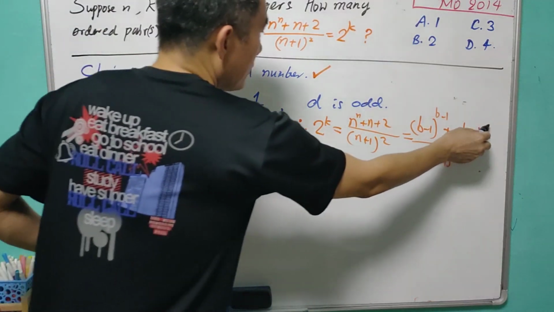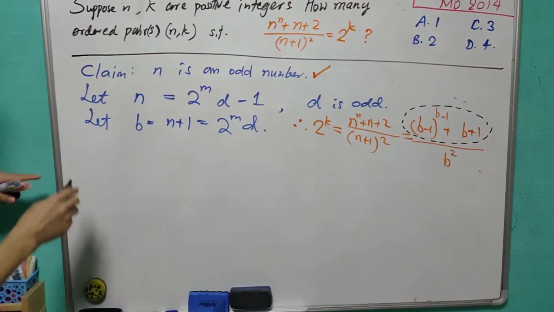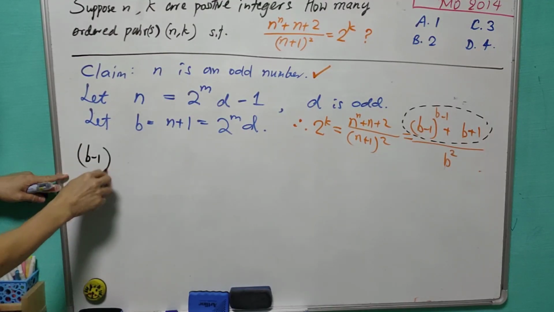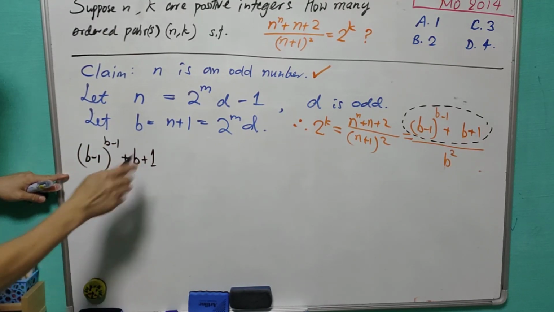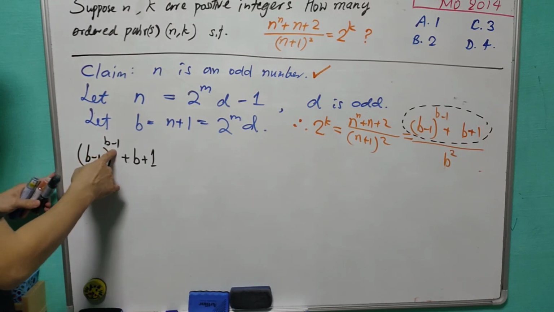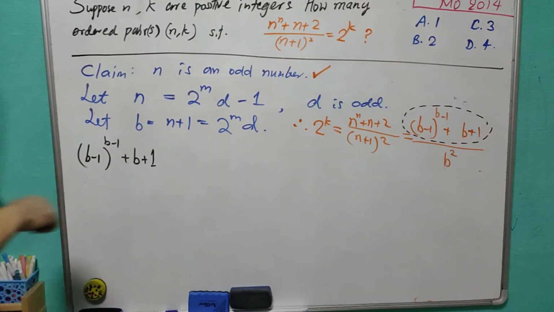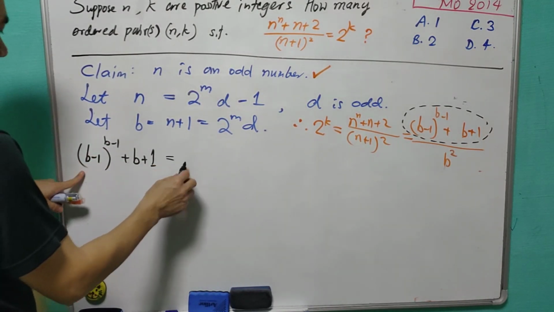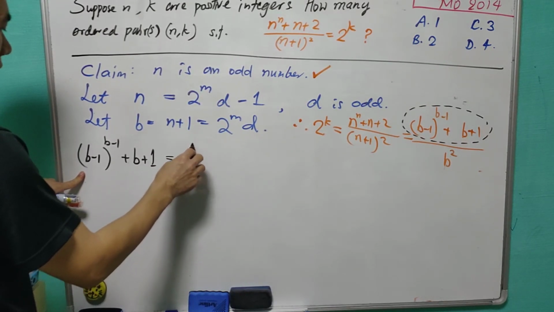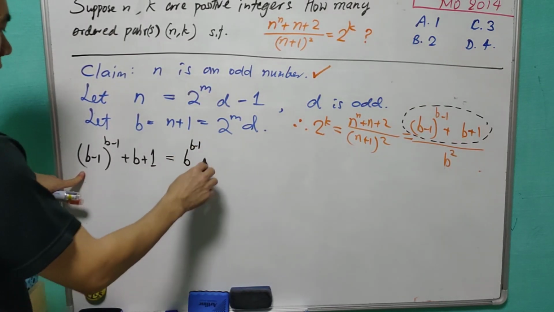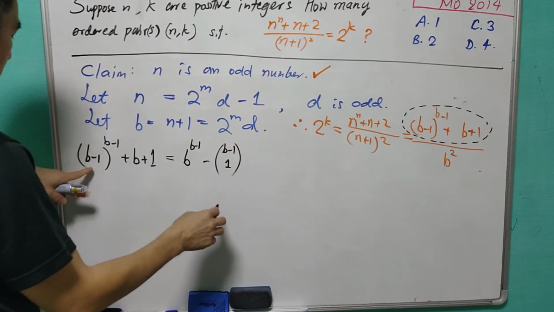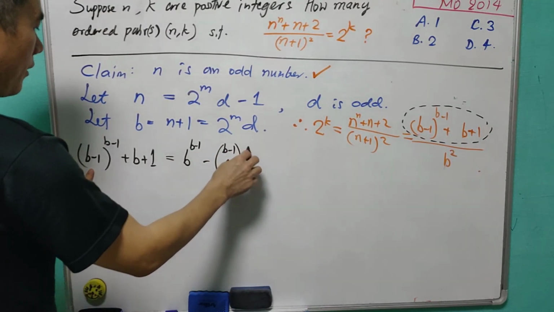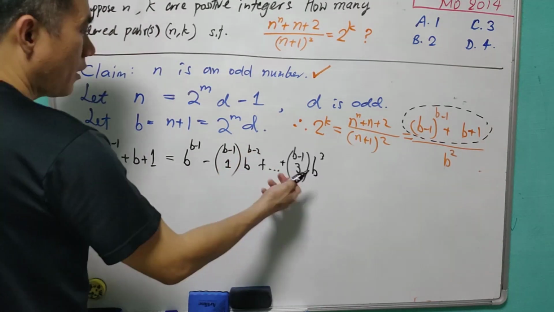So we'll consider this term now. (b - 1)^(b-1) + b + 1. Note that b - 1 itself is an odd number. Using the binomial theorem, this will be equal to b^(b-1) minus (b-1 choose 1) b^(b-2), all the way to